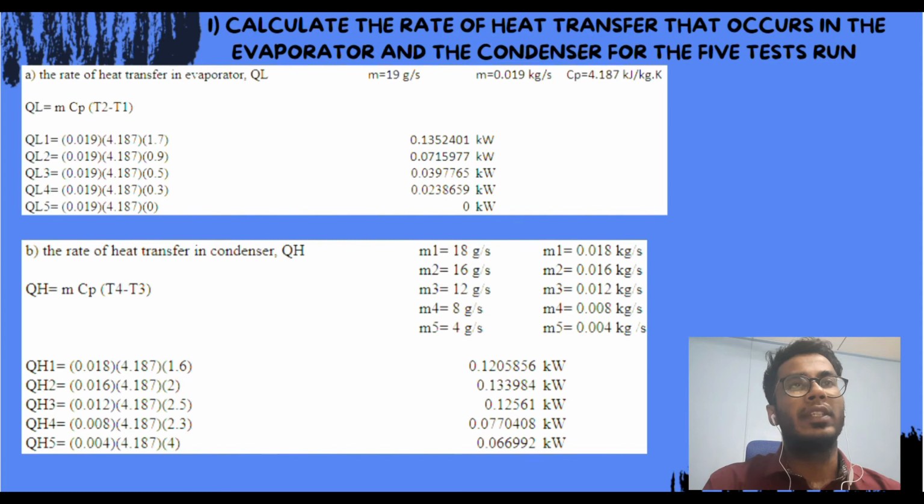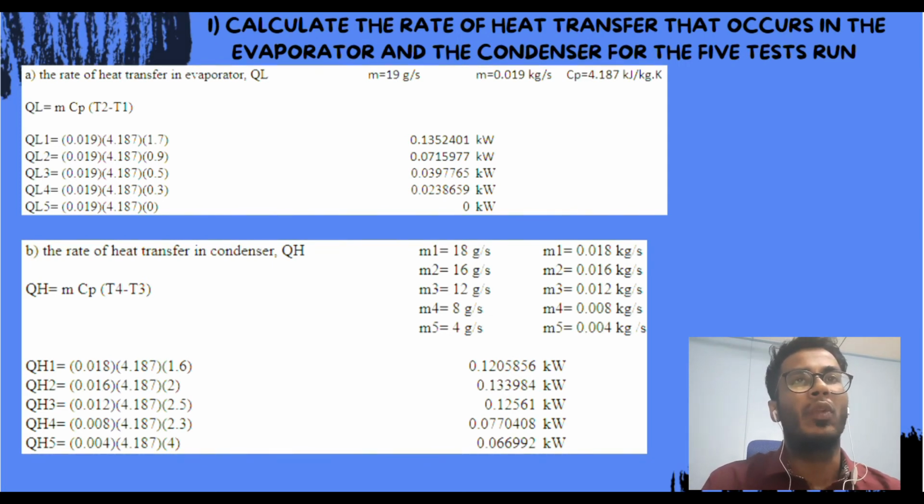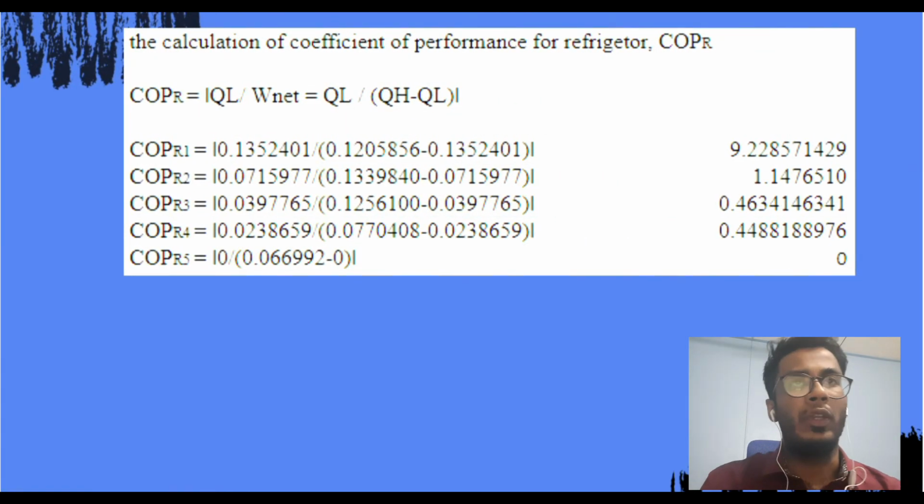For the third test run, the rate of heat transfer is 0.12561 kilowatt. The fourth test run will be 0.07704008 kilowatt, and for the fifth test run, the rate of heat transfer in the condenser is 0.066992 kilowatt. So after getting all these values, we can calculate the coefficient of performance for the refrigerator with the